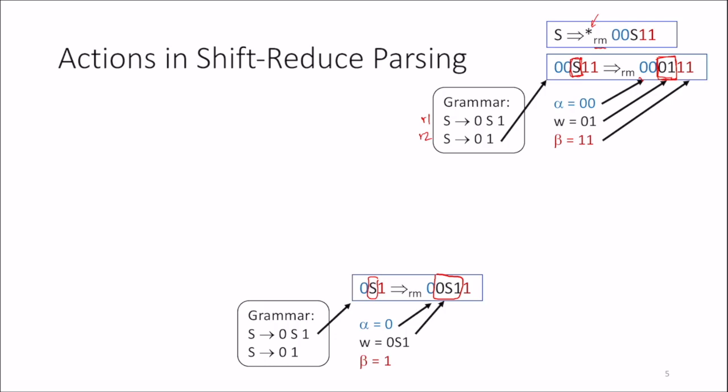W, which is matching the right-hand side, would be 0s1, and then beta is the context to the right, the string that's left over to the right, which is a 1. So now, if I do this reduce, I would end up with 0s1, and you